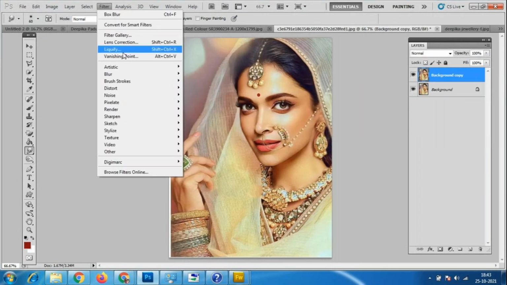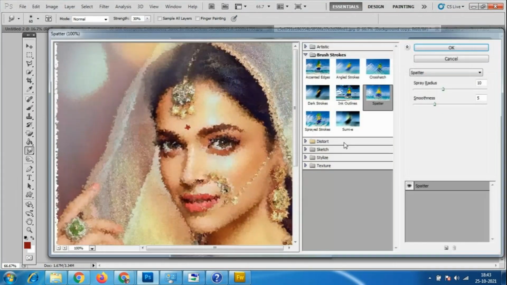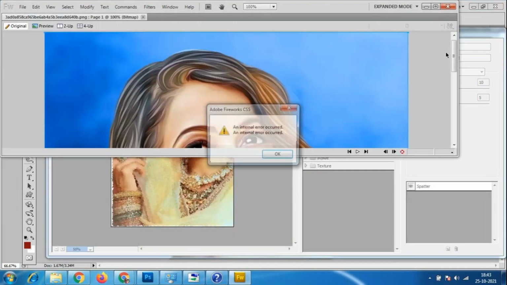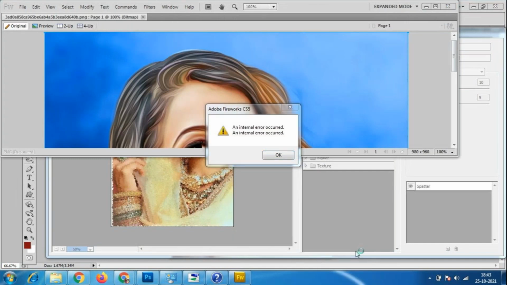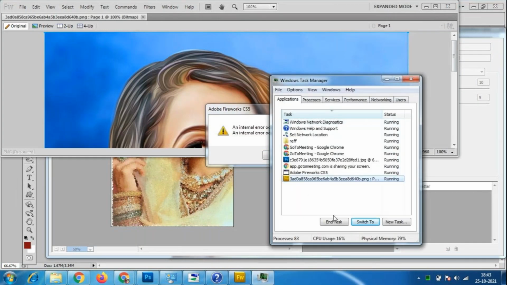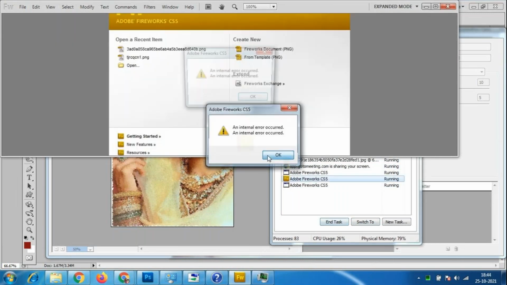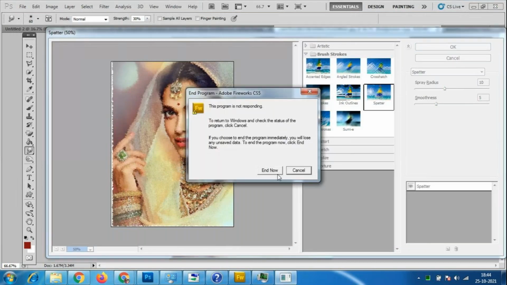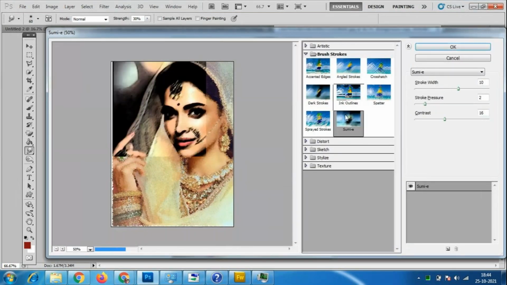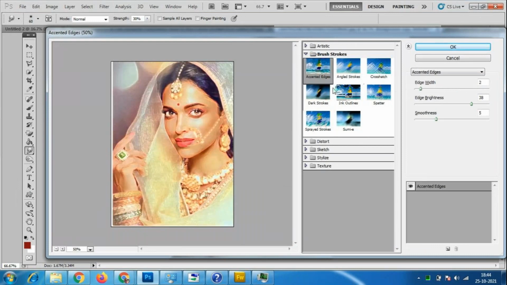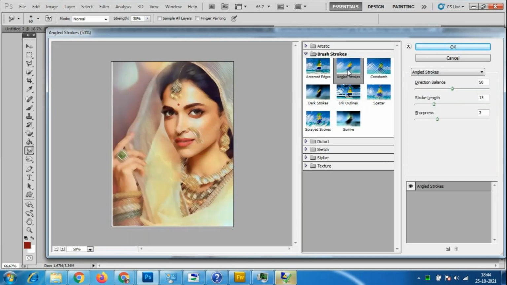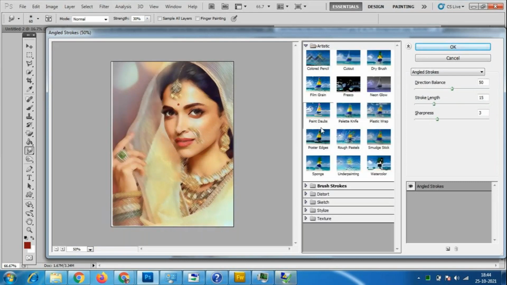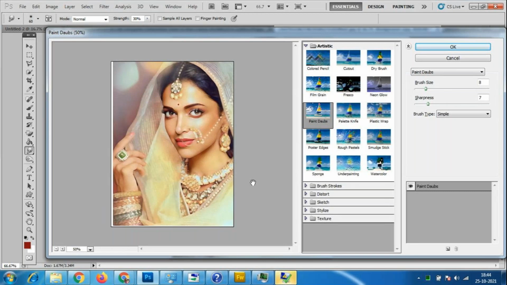Filter, filter gallery, in that we'll take the painting. See, this will look like the painting effect. So we can give it in the beginning. Okay. So paintbrush kind of effects we have given already.